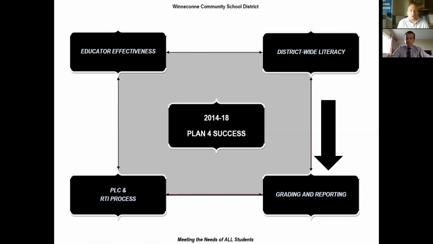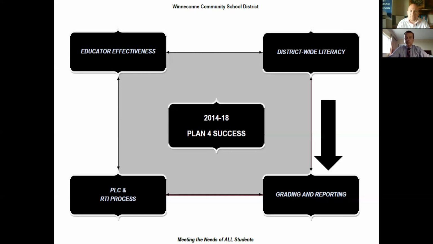So several years ago, we embarked on this journey. What you're looking at in Winneconne was our district improvement plan. It was one page. And we realized that there were so many initiatives going on that if we really wanted our teachers to invest in something and feel like, you know what, we can put forth full effort into this because we know it's not going away, we needed to simplify and have a clear focus. We needed to provide clarity. And so we embarked on this journey back starting in 2014. And you can see there were 4 key areas that we were focusing on.